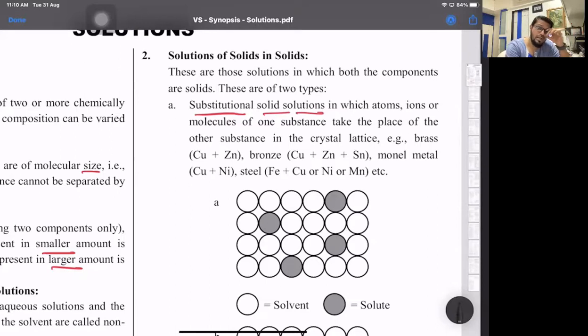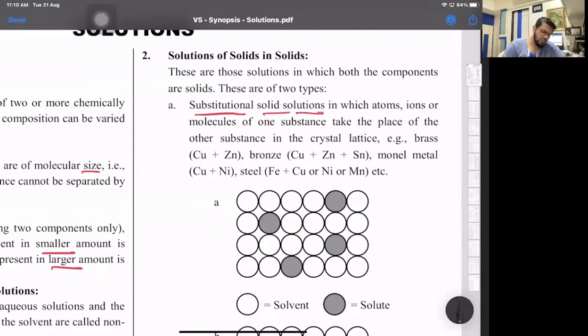Like for example, suppose I'm talking here about, say, brass. Brass is basically, we have the brass vessels and all we have. So brass is basically copper and zinc. All right. Or we have over there bronze, statues are made, that is copper, zinc and tin. So here the metal sizes are almost the same. So if the metals have similar size, what will happen? One size will substitute the other.